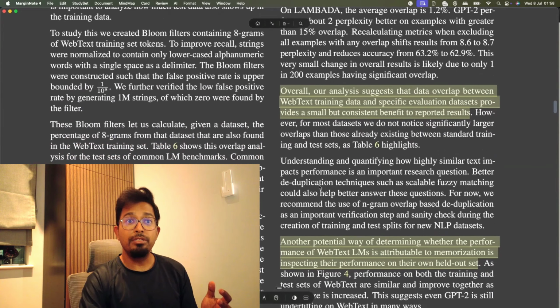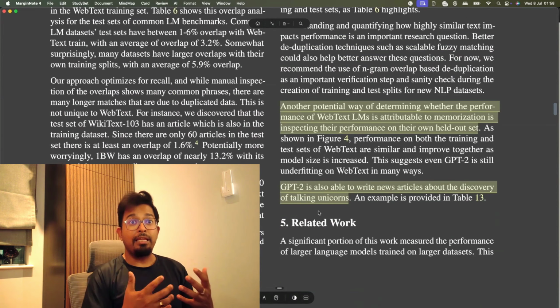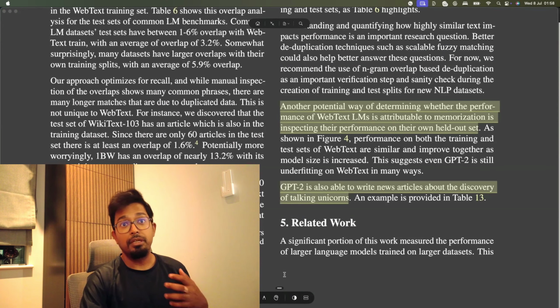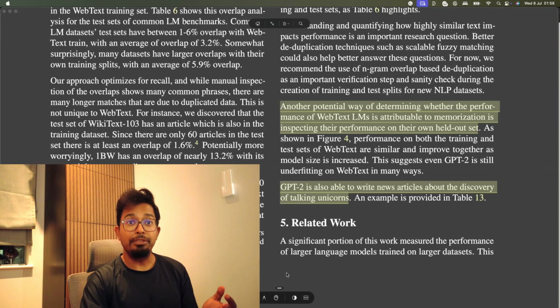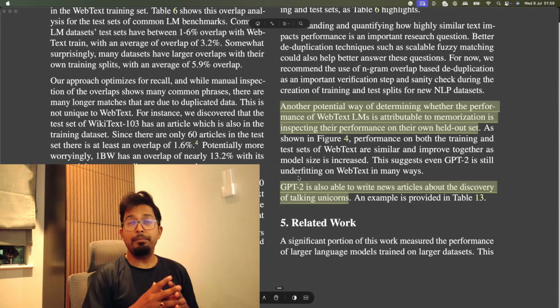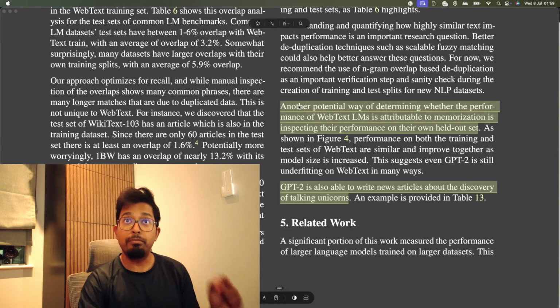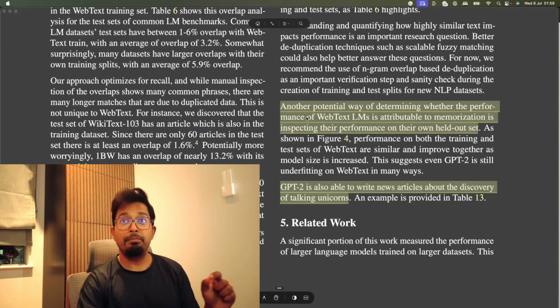The model is doing something else. It can generalize and it can understand the relationships and patterns in language. Now you can see the text here. Another potential way of determining whether the performance of WebText LMs is into memorization is inspecting their performance on their